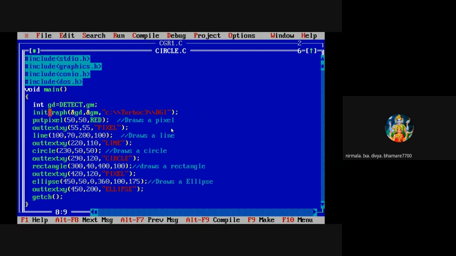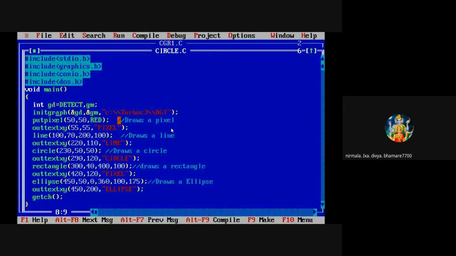So, how to write the initgraph function? initgraph, opening round bracket, then ampersand gd, comma, ampersand gm. Then again, you have to give comma and you have to give the path of the Turbo C3 BGI directory. I have given the path of the BGI directory.